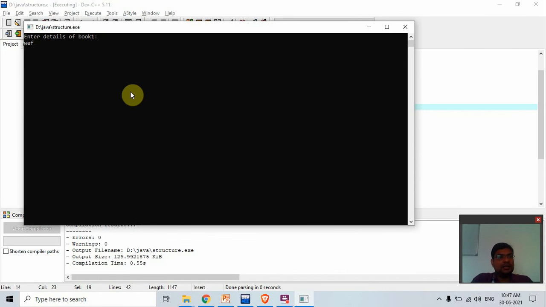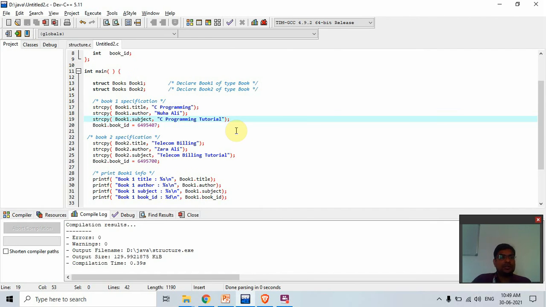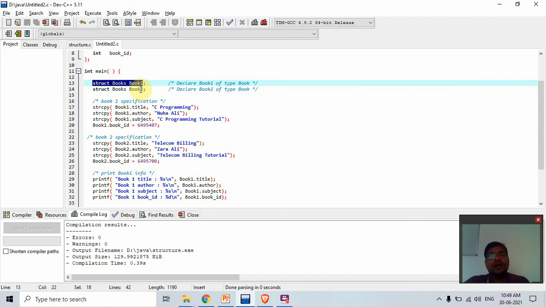Enter the detail, any detail, price. Any problem there? This is the second example, to create the structure variable outside of the structure. It means you created the structure variable when you create your structure, but many times we need a structure variable when we perform programming in the structure. So here we create a struct books and book 1, and I create two structure variables from outside, in the program, but outside the structure.